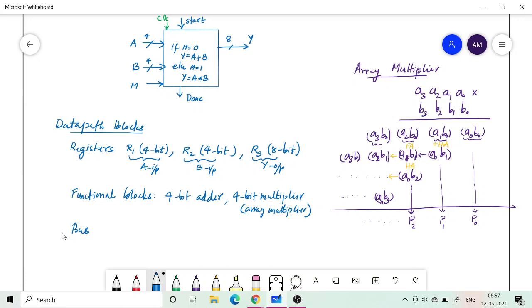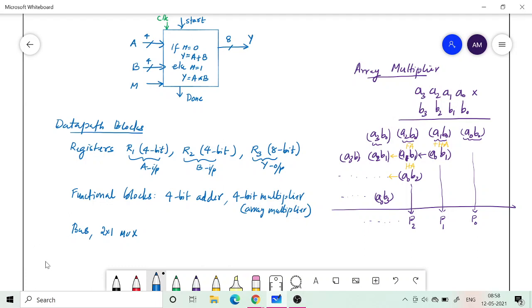That is something we need to think about, because the output Y could be coming from the output of the adder, or it could come from the output of the multiplier. So we need to choose between the two. So there should be a 2x1 multiplexer, which should decide whether we are taking the adder output or the multiplier output. So these are the components that are required in the data path.